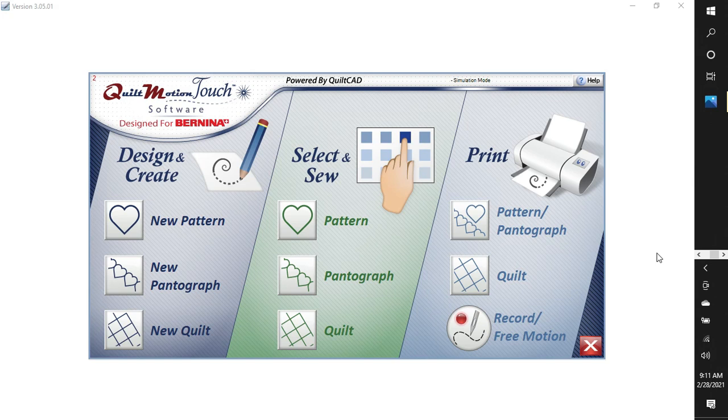This is my Quilt Motion Touch start screen. Many of you have a different start screen, but I think you'll be able to follow along. The key is to get to your computer aided design. And here in Quilt Motion Touch, there are a couple of ways, but my favorite actually is just to use this quilt button here